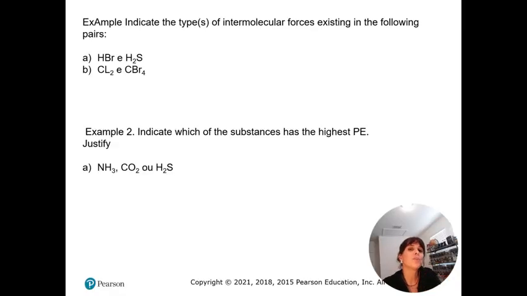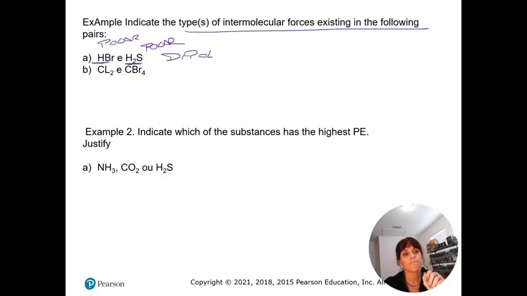Let's see if you understand a little bit of what is making the difference between dipole, dispersion, or hydrogen bonds over here. So we have two examples here, asking for the type of intermolecular forces existing in the following pairs. That means the interaction between those two. I have here, remember, two different atoms. We have a polar molecule over here and here also polar. So if they are polar, we're going to have a dipole,